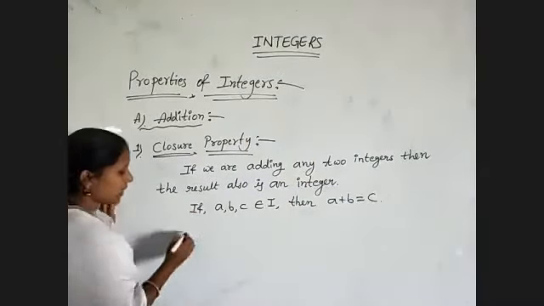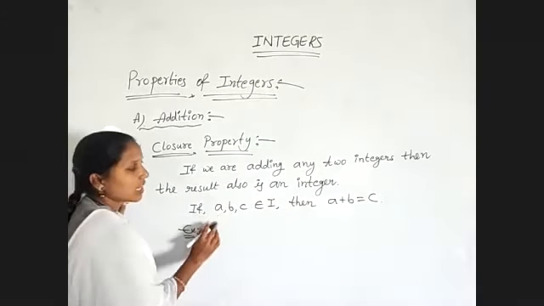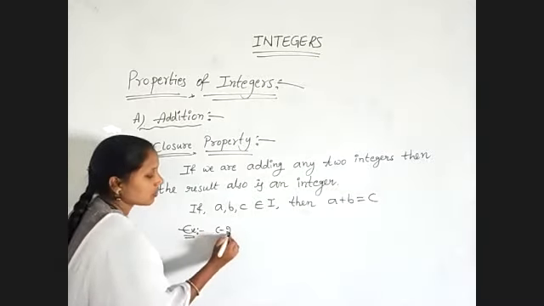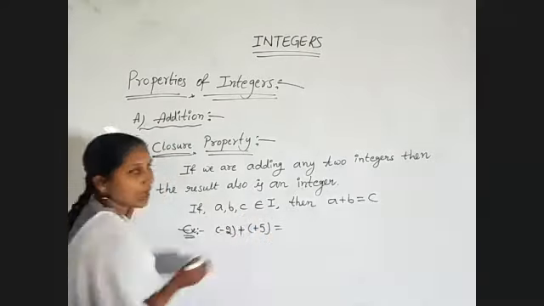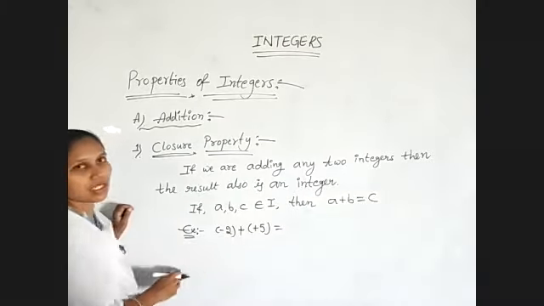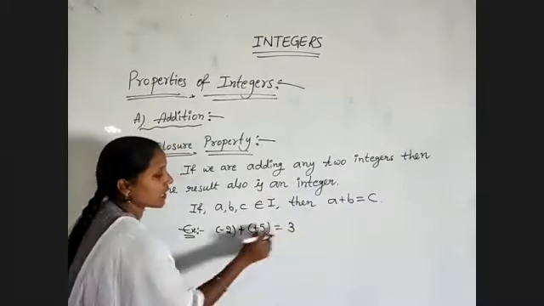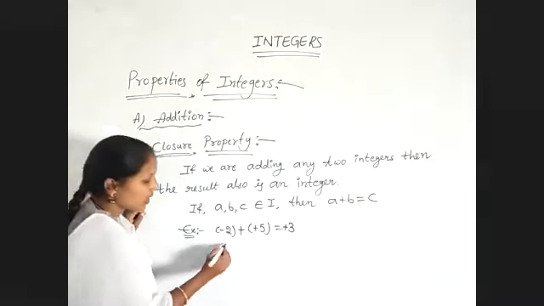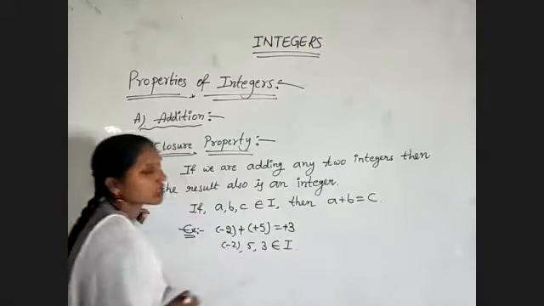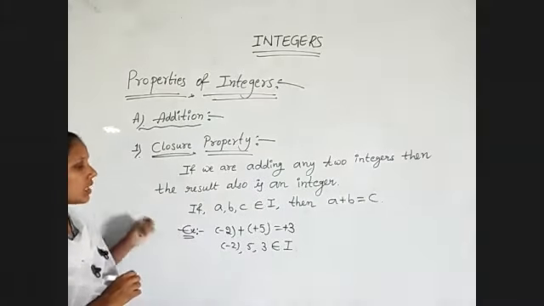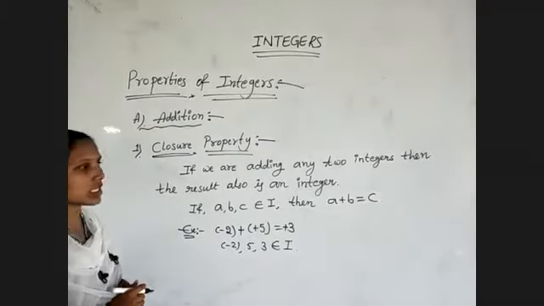So now we will take one example. For suppose A value I am taking as -2 and B value I am taking as +5. So add these two integers. One is negative, one is positive, that is nothing but subtraction. So 5 minus 2 is 3, and 5 is having +, so +3. Here -2, 5, 3 all belong to integers. So the statement whatever is given, that is satisfied. That means closure property is suitable for integers under addition.